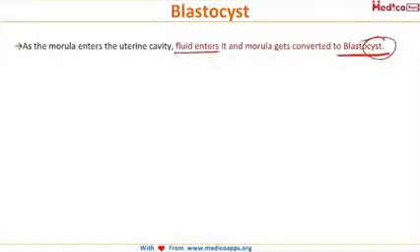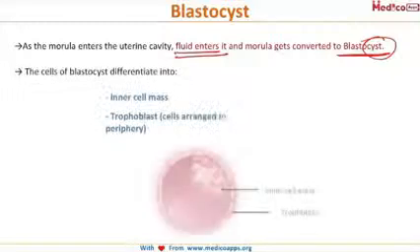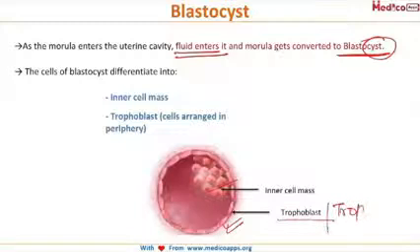Cyst because when fluid enters, it becomes a cyst. Now the cells of the blastocyst differentiate into inner cell mass and the peripherally arranged cells, which is called trophoblast or trophoectoderm, one and the same thing. Now it is this blastocyst which gets implanted